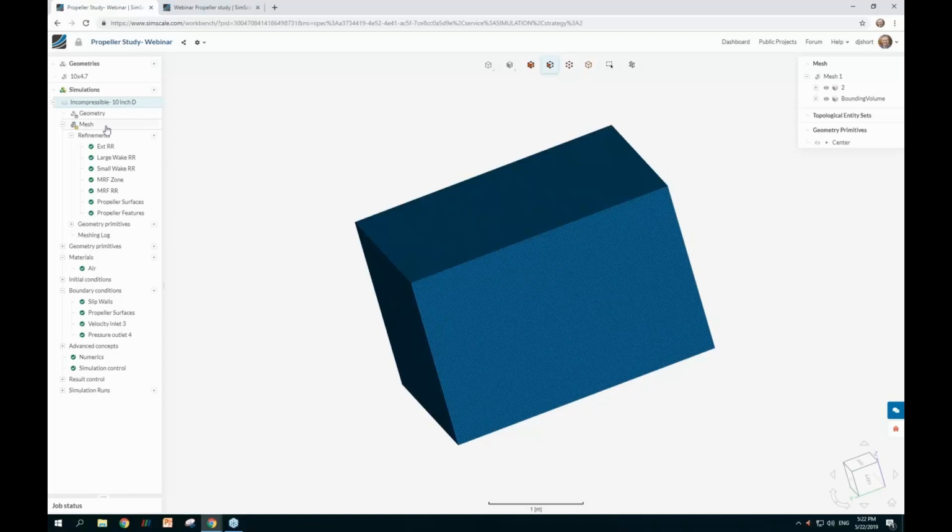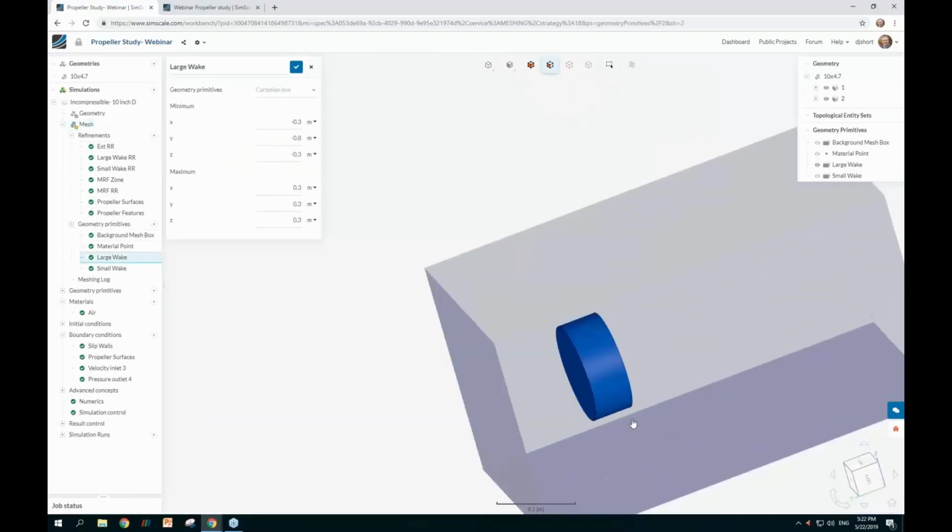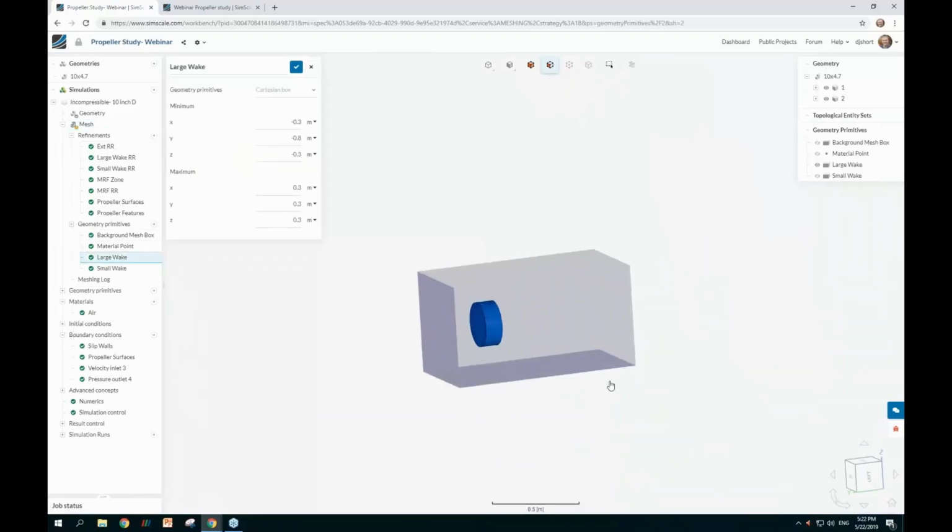So the way we do this is just sticking to automatic settings. So we're going to use the automatic meshing algorithm, but we're going to apply some specific controls where we know we need specific refinement. So as I said earlier, we need refinement in the wake area of the propeller. So here I've created a geometry primitive which is defining the wake and the surrounding area of the propeller and the rotating zone. So as you can see here, here's the rotating zone, and if I hide that,